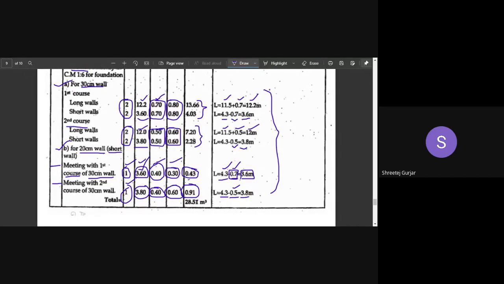Okay, so if you have not understood any part, you can just let me know which part you have not understood, or if you want me to repeat any section of the long wall, short wall method, you can type in chat and let me know which part I should repeat. I will explain it one more time. So you have 1 minute. I will wait for 1 minute, and I will start at 12. Until then, you can copy it down, and others can ask if they have any doubts.